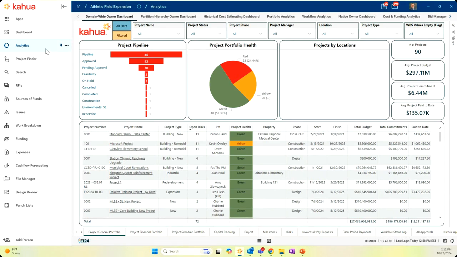We're going to start with our analytics app, which is Power BI embedded in Kahua. And this is one of those areas of dashboards and reporting that we're going to take a look at. We're going to filter this in throughout the entire presentation, but I want to start here with some basic general portfolio dashboards. And the reason I want to start here is because everywhere else where we're managing projects day to day, whether that's creating and approving change orders or processing invoices or managing sources of funds, this is where all the data can be